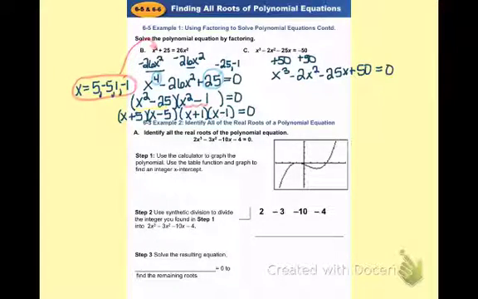So I looked first of all to see if there's a GCF, and there's not. But then I see that this is a 4-term polynomial, so I think right away, how about factoring by grouping? Let's see if that's possible. I'm going to look at the first pairing, the first two. Take out my GCF. I can take an x squared out of both terms, and when I do, I'm left with an x minus 2. And looking at the second pairing,